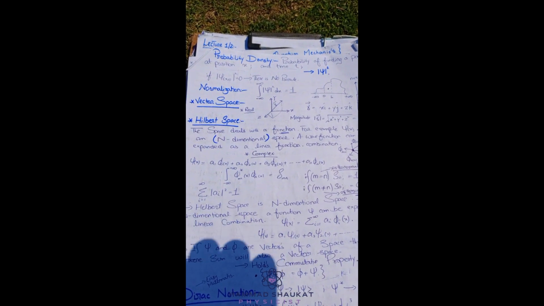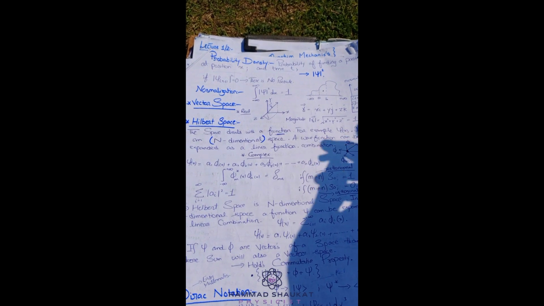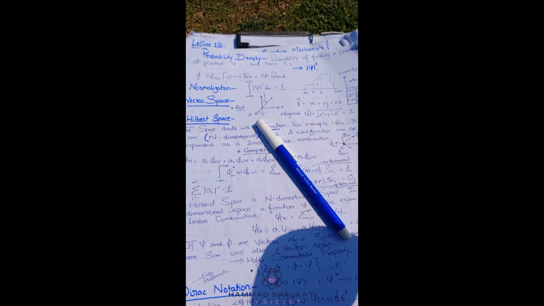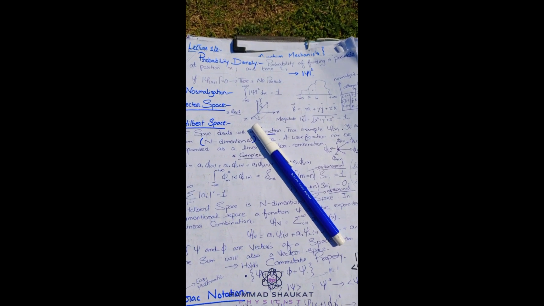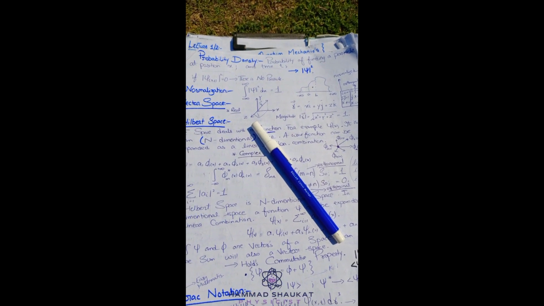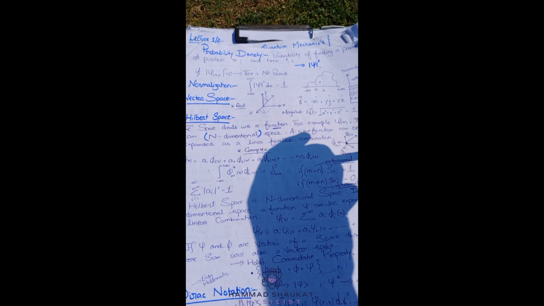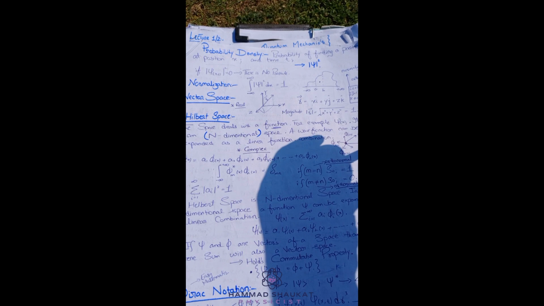What it means if your probability is 0 is that the thing does not exist there. Understood? So the pen is on the page. There is a probability that the pen is on the page. Classically the pen is there. But if the pen is not there, then its probability must be 0. So if probability is 0, you can say the particle is not there. If probability is 1, then you can say perfectly the particle is there.